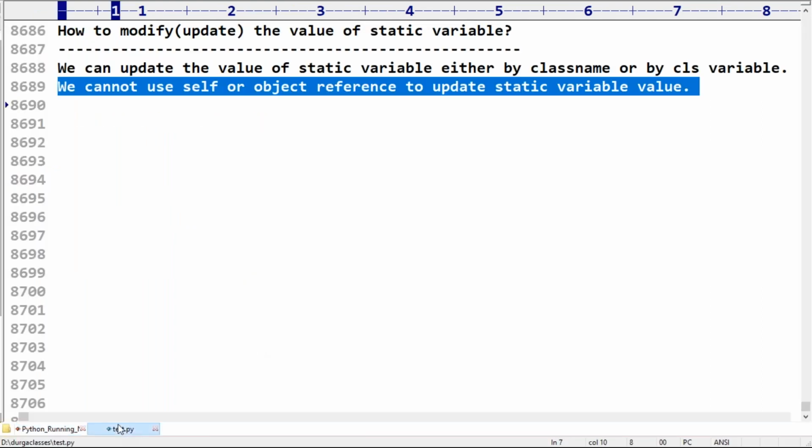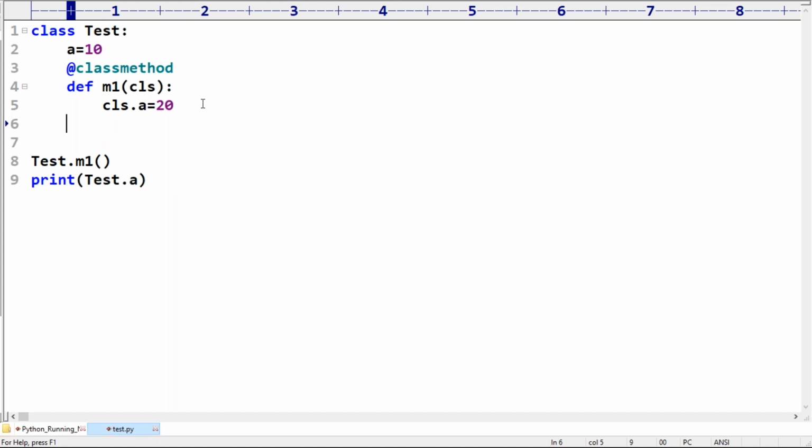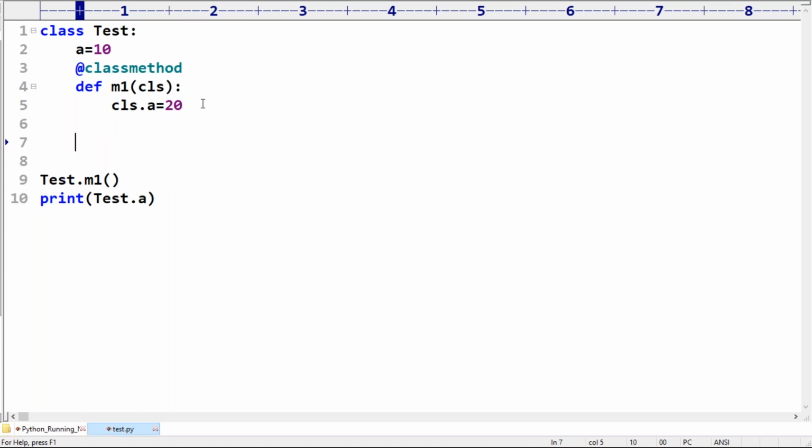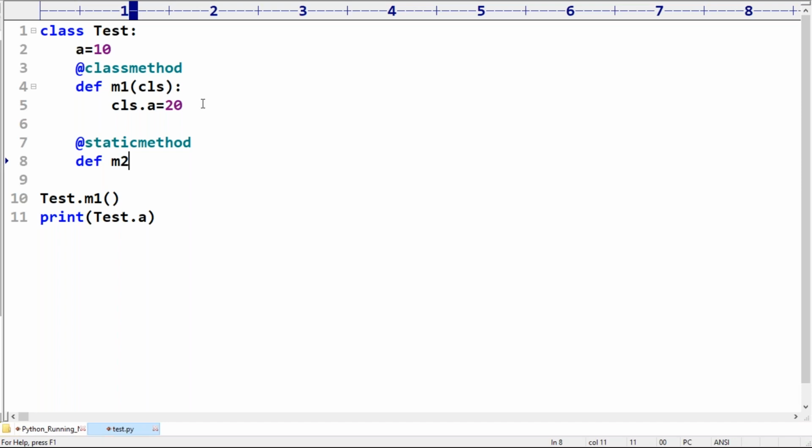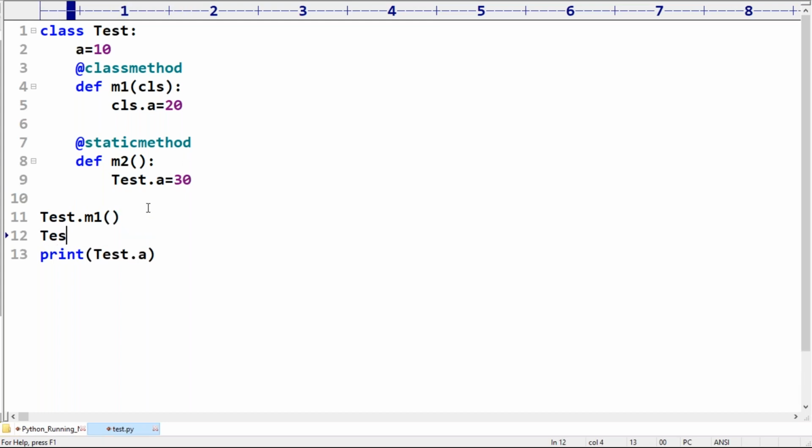Now let me take a static method, def m2, where Test.a is equal to 30. Let me call Test.m2 also.